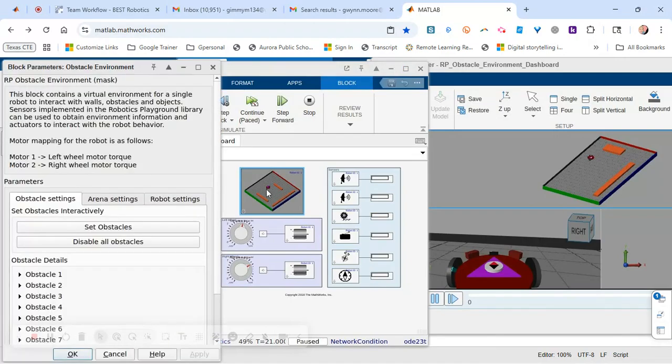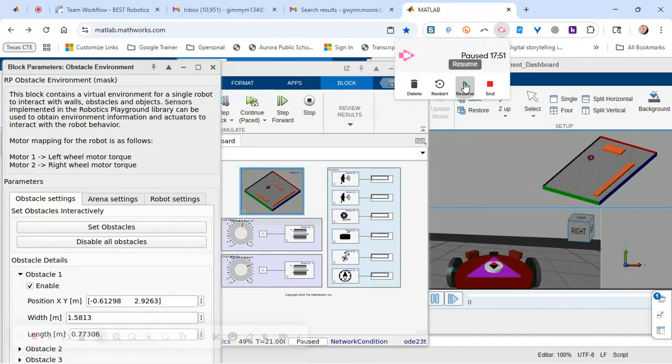If you click on the playground environment icon above the motors, by clicking on the game field environment icon above the motors, it opens up these obstacle environment options where you